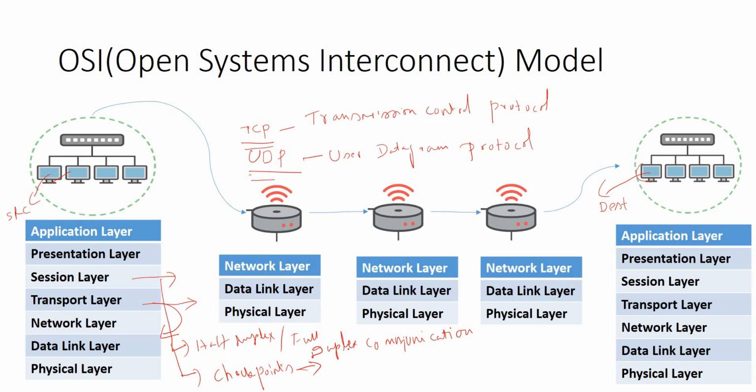After downloading 200 MB, if there is any problem with data downloading, then it will start from the 200 MB instead of starting the download from scratch. So this way the checkpoints will be useful to make sure the resumption of data transfer after the checkpoints instead of starting from scratch. So this way, this session layer will maintain the sessions and it will make sure the